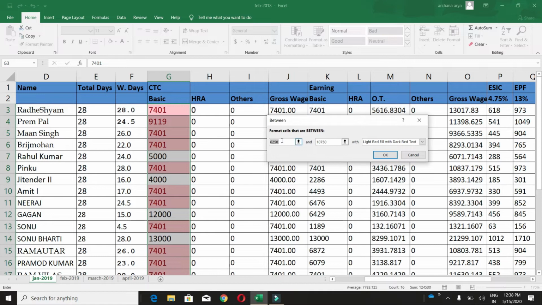I have two options here. I want to know the salary between 7,000 to 8,000. So I will enter here the starting limit, 7,000, and the end limit, that is 8,000. I'm changing the color to yellow and now OK.